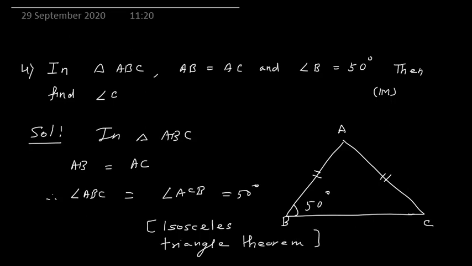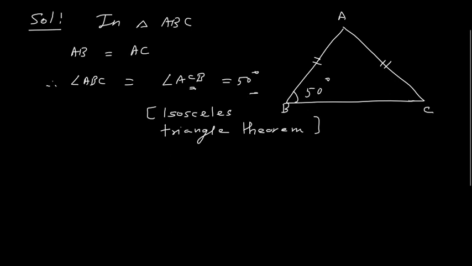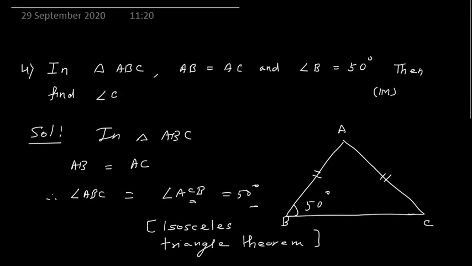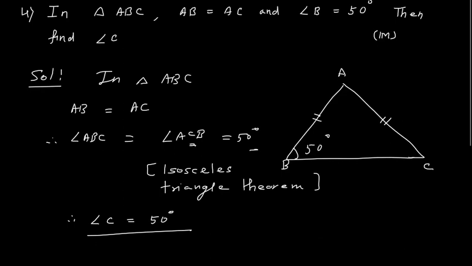Now what do I have to find? I have to find the value of angle C, which is 50 degrees. So therefore angle C is 50 degrees. Simple. So this is for 1 mark. Now we have taken 21 minutes. At the max you can take 25 minutes to solve all these problems. Okay. And some students can solve this within 15 minutes also. Okay, it depends on the speed. Here we have solved the problems slowly and it took 22 minutes, right?